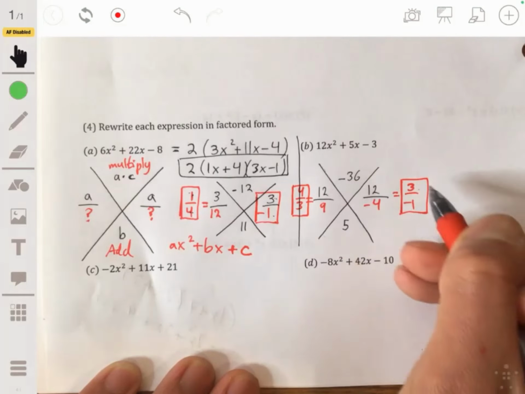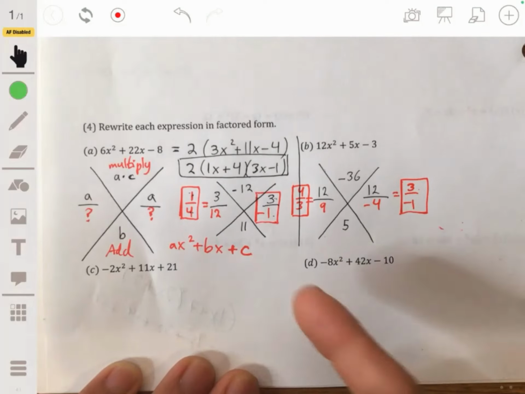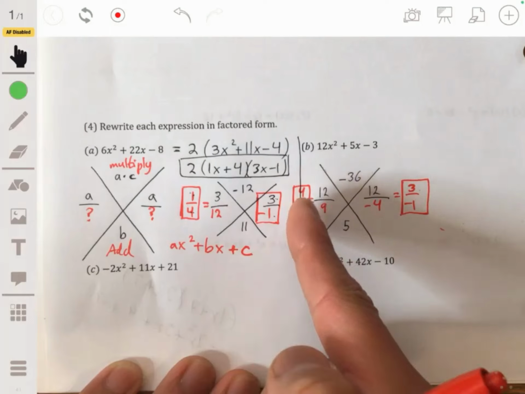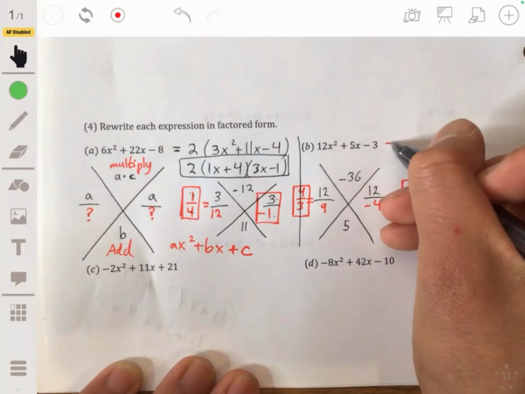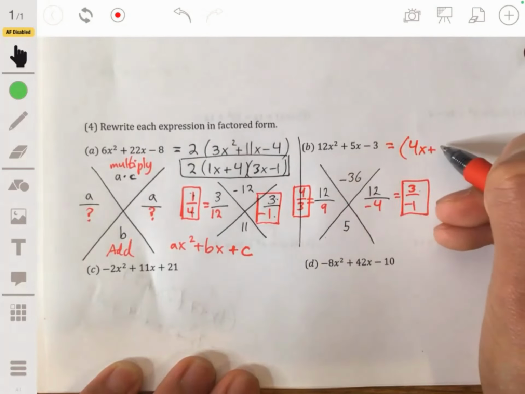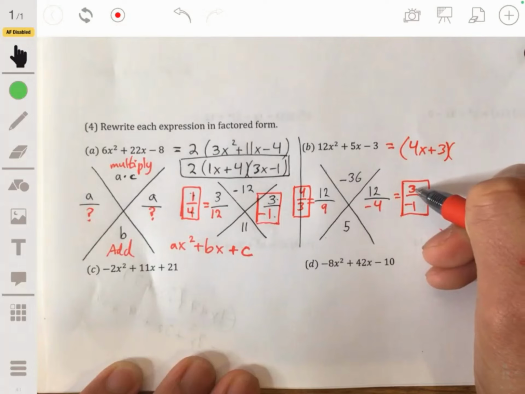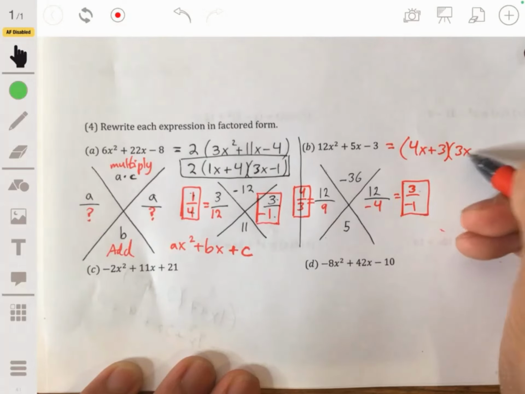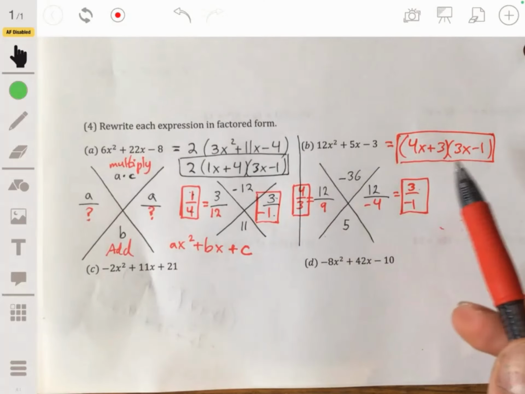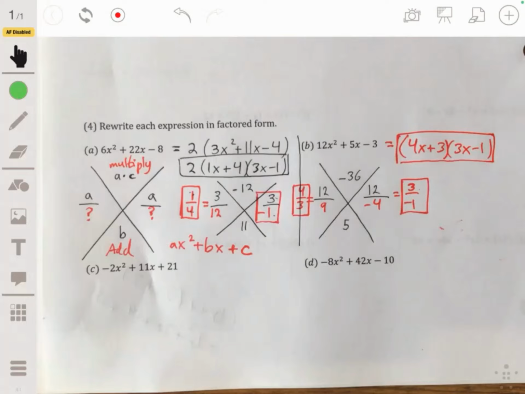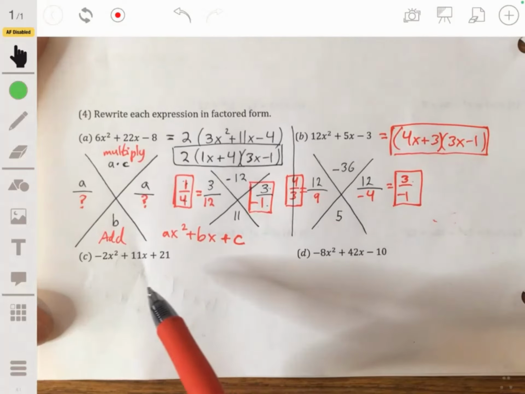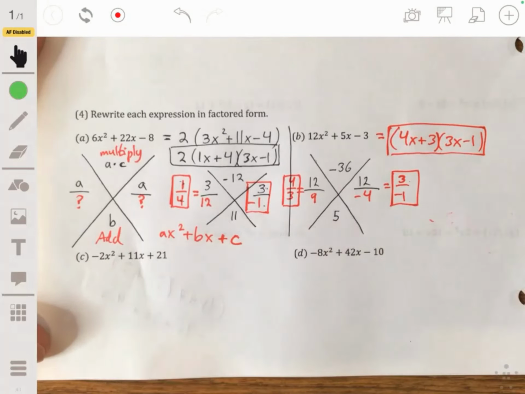So we're going to use these four numbers, and it doesn't matter the order. In other words, we can go 3x minus 1 times 4x plus 3, or 4x plus 3 times 3x minus 1. So this will equal 4x plus 3 times 3x minus 1. And you can always check to make sure you factored it correctly, but I know that's correct, so I'm going to move on. All right, the next one,